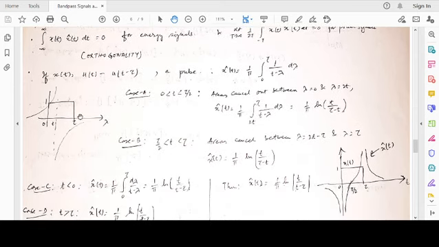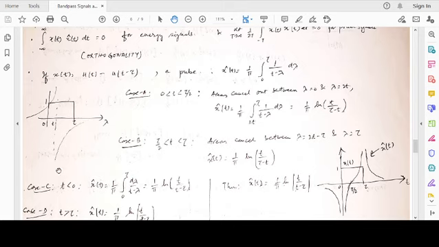So this is a pulse, and how does 1 by t minus tau look? Let's say there is a position t, and as t tends to it, 1 by t minus tau looks like this. As lambda, let's say 1 by t minus lambda, approaches t from the negative side, it shoots to infinity, and when it crosses t, it shoots to minus infinity and then approaches 0. So this is an odd function. Okay, this is an even function.